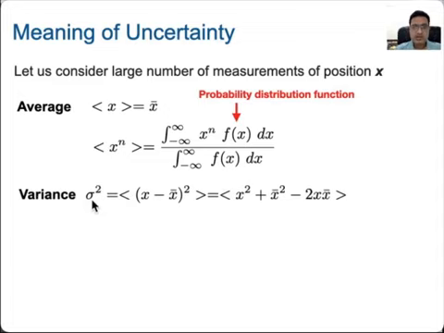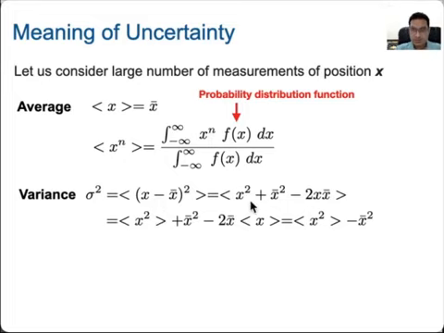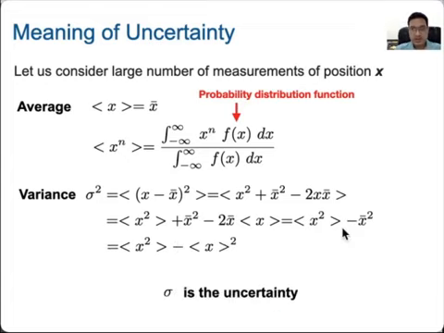so now we can estimate the variance. We have shown that the variance is defined in the following fashion. So if you take everything carefully, then we can write down what we have seen, that the variance sigma square is given by the average of x square minus the square of the average of x. Okay, so this is the quantity that we have got. Sigma is the uncertainty, and variance is given by sigma square. Okay, and this sigma is the standard deviation also.